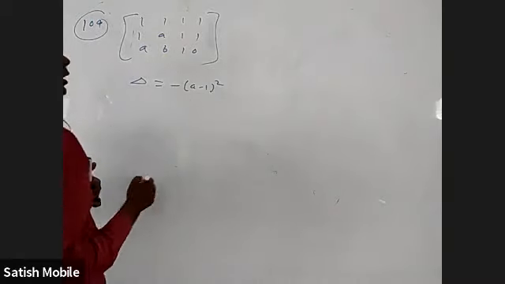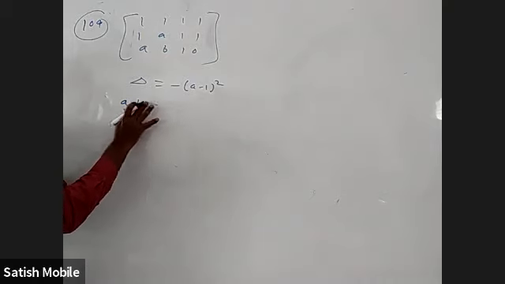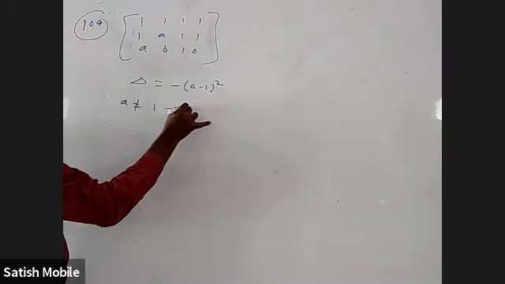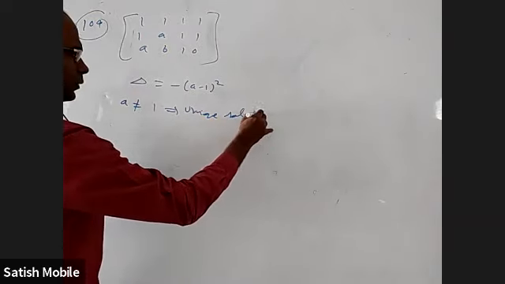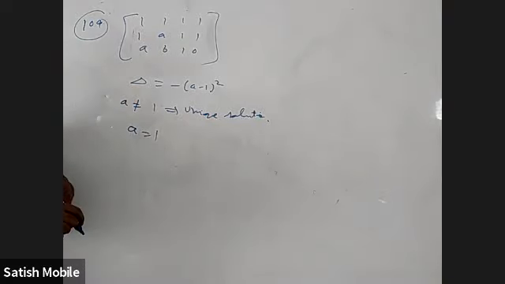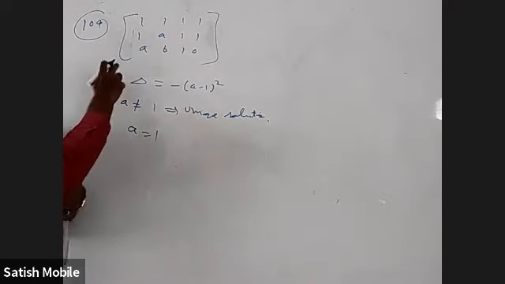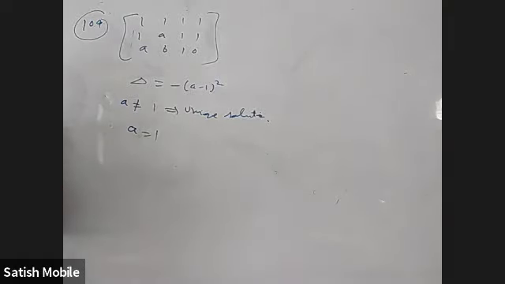Okay. So you have two cases now. If A is not equal to 1, obviously a unique solution. When A equal to 1, now B will come into the role, whether it is infinite solutions or no solution. I found only delta and I got this. Okay. In fact, very easy.